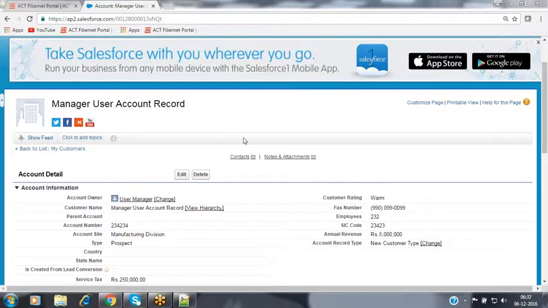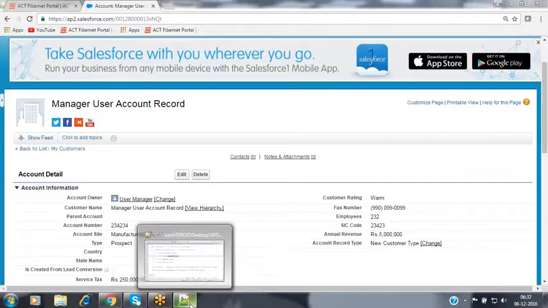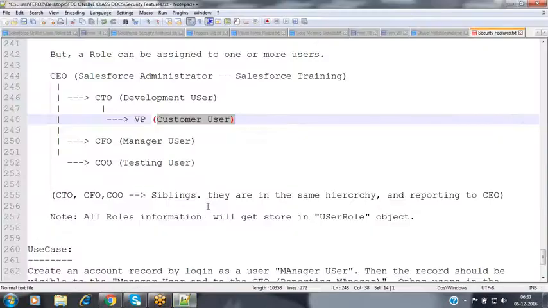So now, whenever the manager user has created the record, this record is not only visible to that manager and to his reporting manager, the CEO, other people inside the organization are also able to access that record here. By default, when coming to the manager user, if the user has created the record, that record has to be visible to his reporting person. The other people should not be able to access that. But now it is making this record visible to the other users. Then how can we restrict the visibility of my record to the other people here?